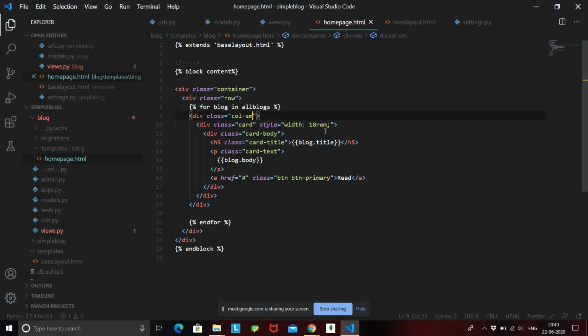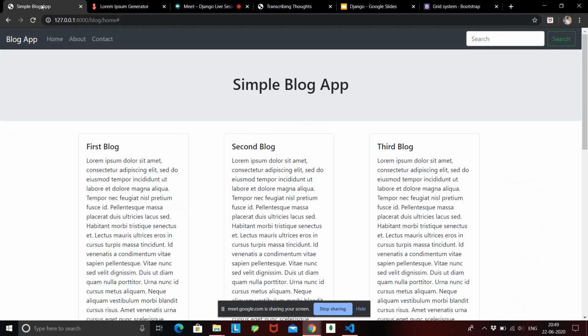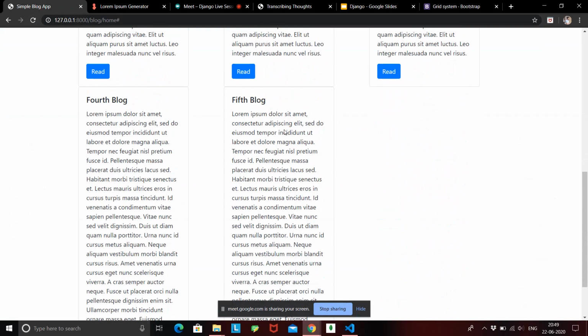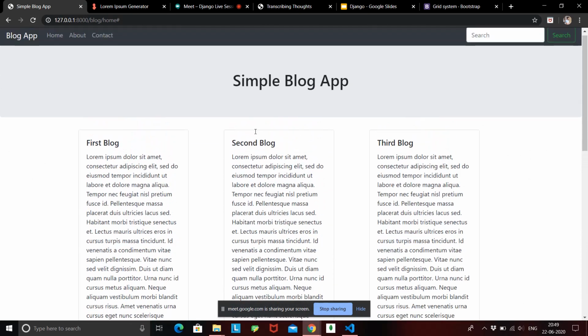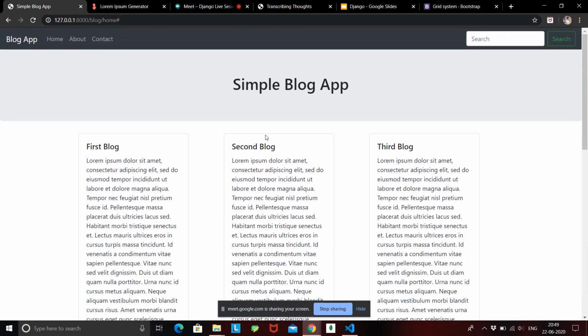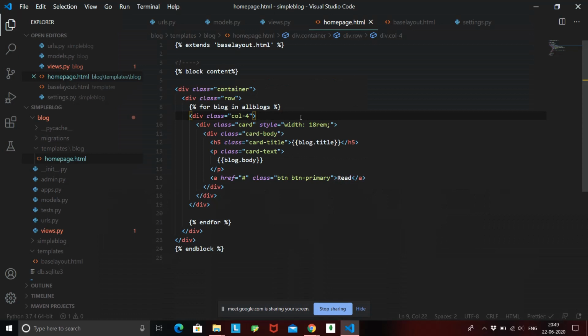What you can do is, instead of writing sm, I'll just write 4. Now this is not dependent on the size of your screen, but writing col-4 means that each column will take up 4 segments of your container. We are inside our container, and each column is going to take up 4 segments, and we know that the entire container is made up of 12 segments.